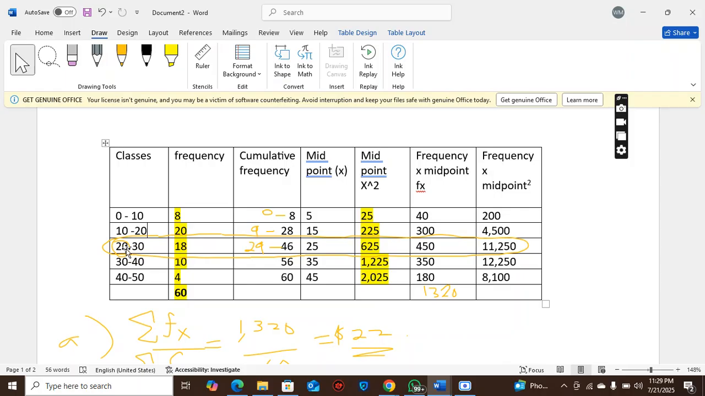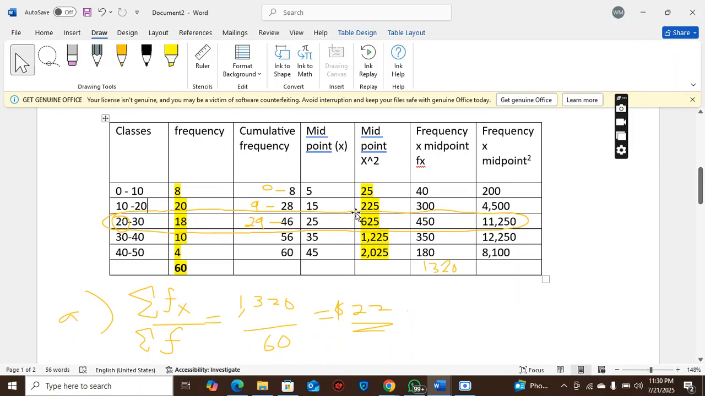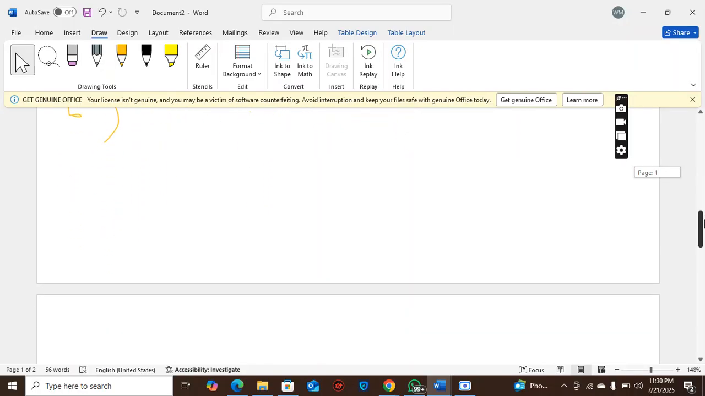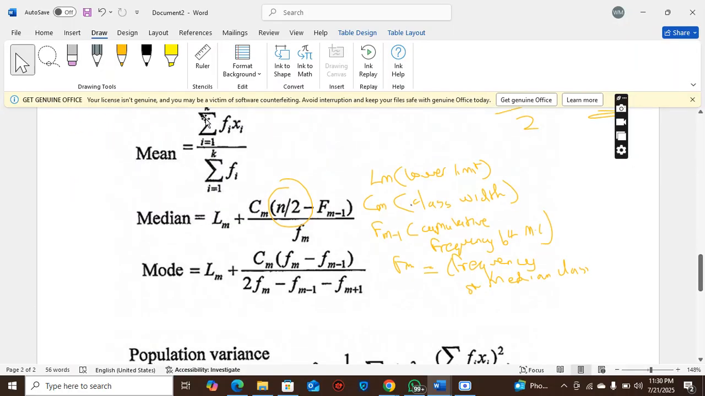Because that's not our median class. Class width: 30 minus 20, 10. You just subtract: 30 minus 20 is 10. So LM,